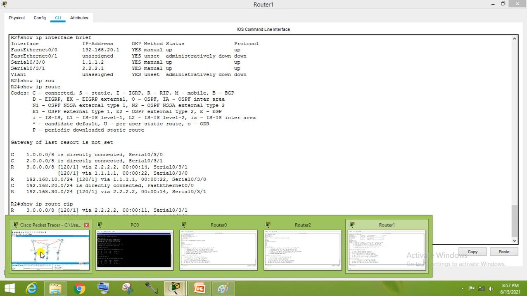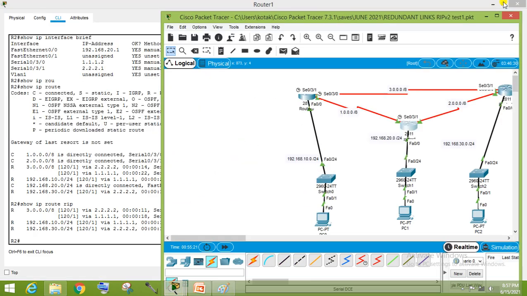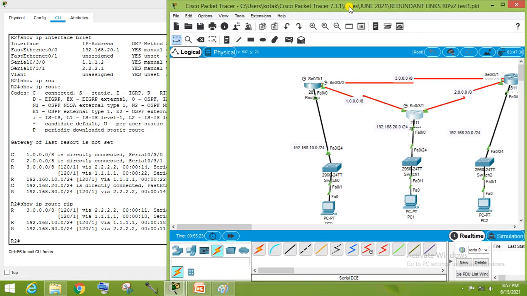Check the diagram. This router learns this network from here also and from here also.